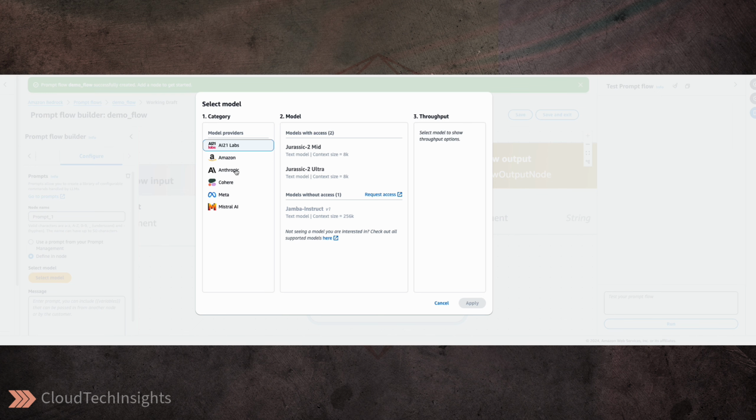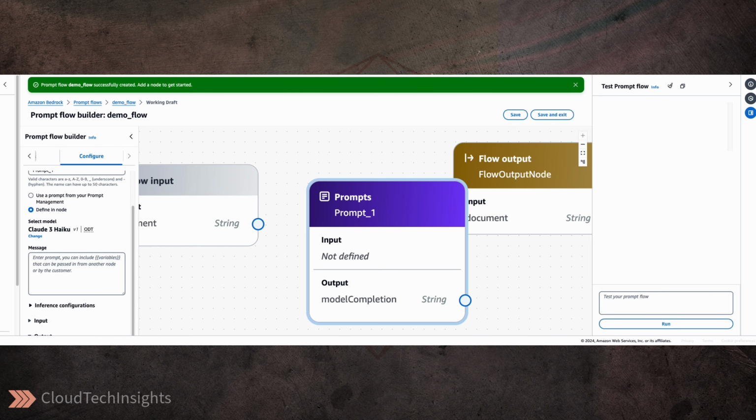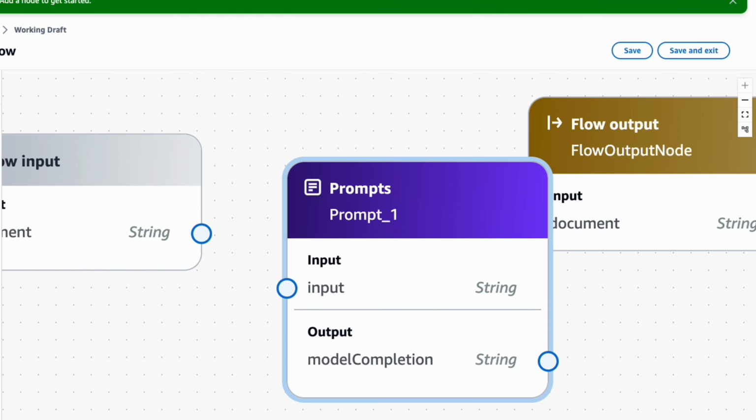I'm going to pick the models, which is Anthropic Haiku. Once the model is picked, we're going to add the prompt. So very important thing here is I'm running a classification based on the user input. I'm going to classify it as a data question or anything else. So here my prompt might look like this, saying classify the user input into one of data questions if the user asks about Athena, Glue, Lake Formation, or others for anything else. So if you ask basically any other questions, even non-AWS questions other than these three, it should route it to